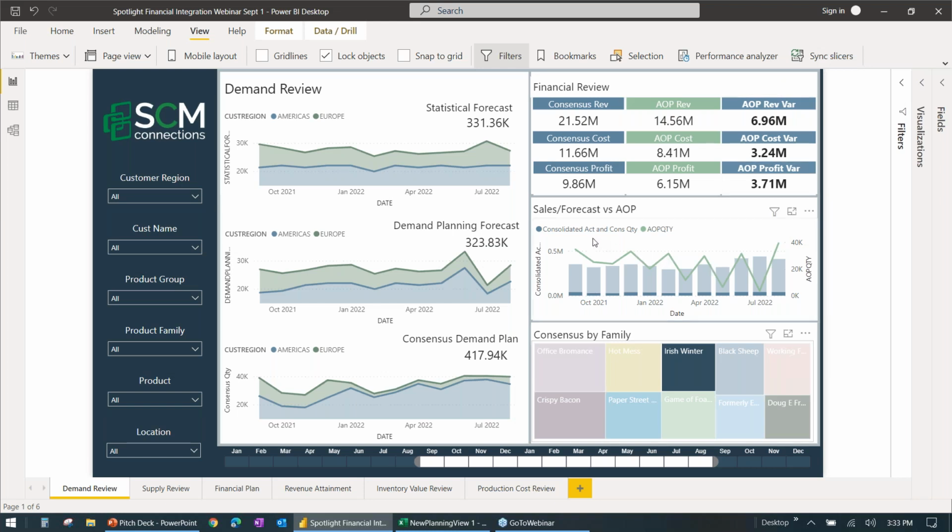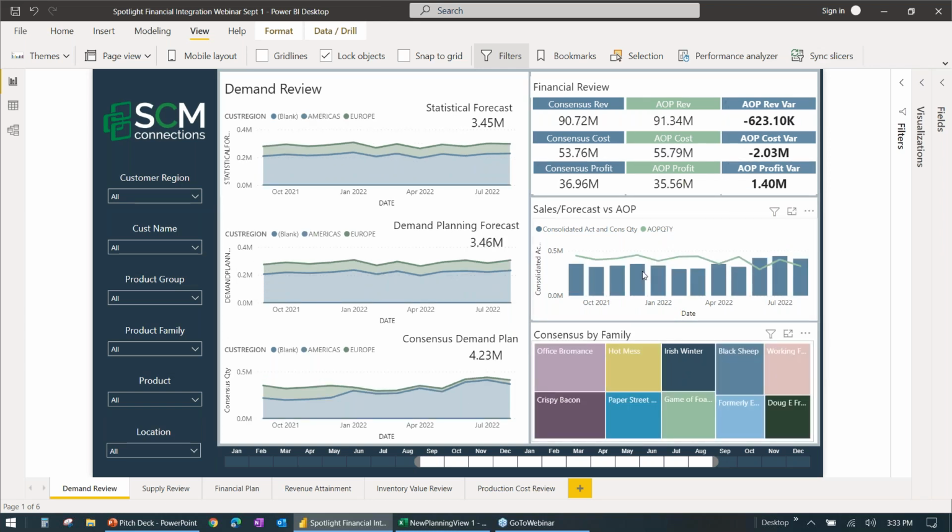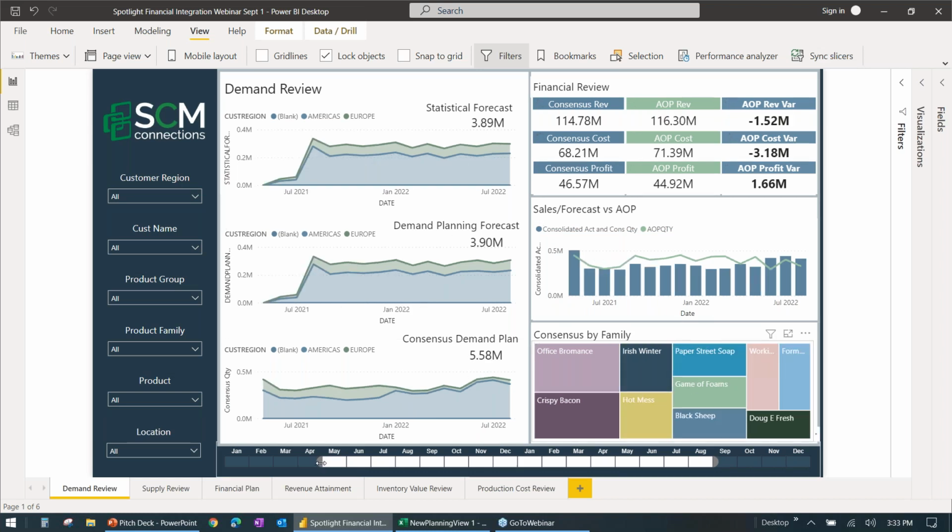All right, I can also see my consolidated actual and consensus quantity here as I move back into the past, and then look at my AOP quantity. So if I go through this, it allows me to compare the two and see my actuals, what my actuals were in the past, and consolidate those to say, how am I tracking against my overall plan, okay? So I can see this in the past. Now, what you'll notice in the demand, I don't have all of these, I will have consensus, but if I only want to look for the year,